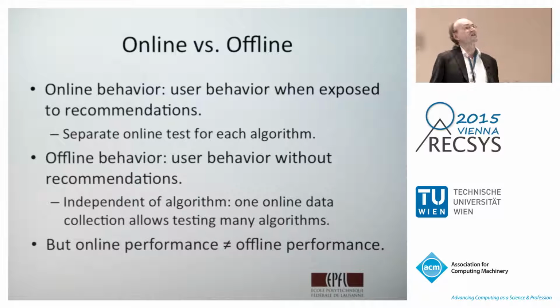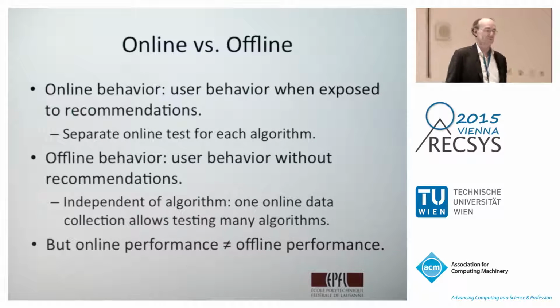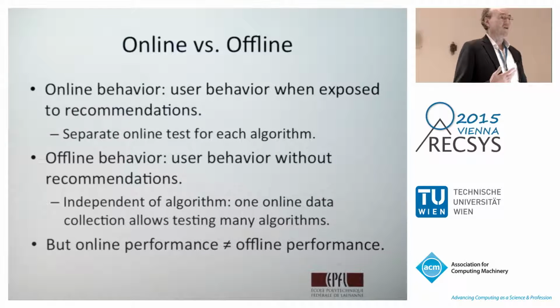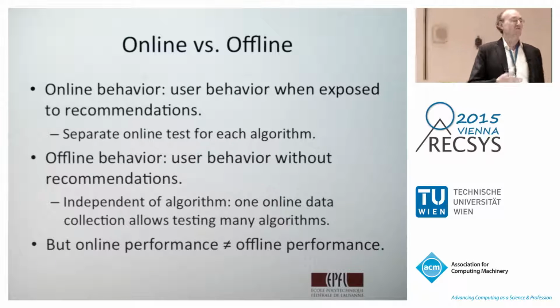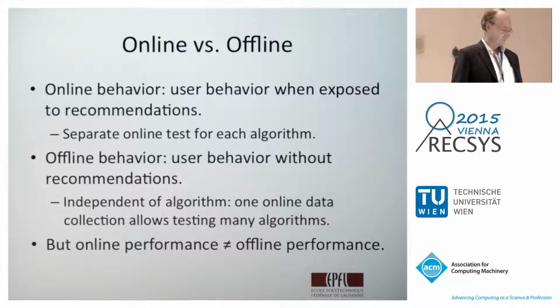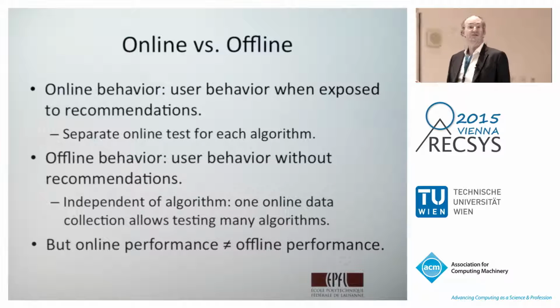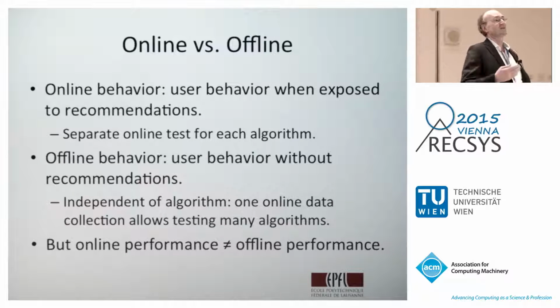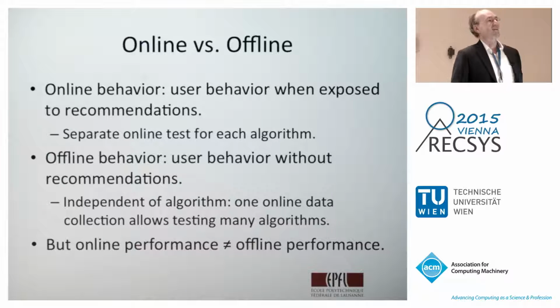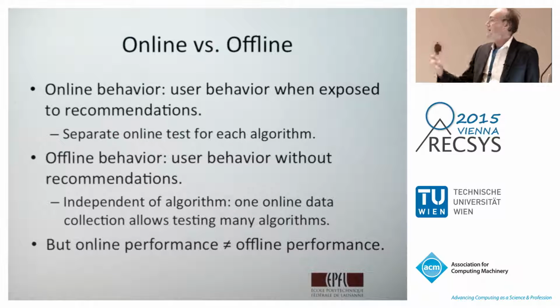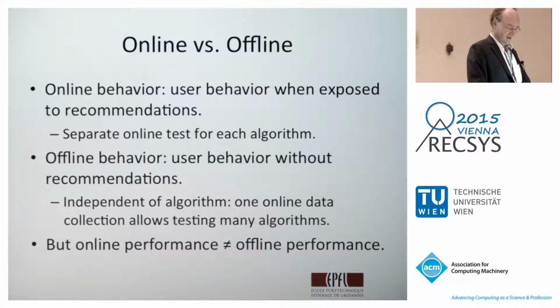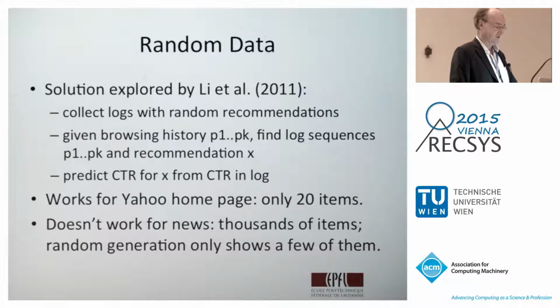So what we do generally in the research and maybe also industrial community is to work with offline behavior. So we look at behavior data from users when recommendations were not present, and we'll see if our recommender system can somehow reproduce these things. Now, quite obviously, this is very different because we are testing whether we can recommend things that users have seen anyway, right? And so in a sense, we can expect to maybe not generate the best recommendations, but it's sort of the best thing we can do, knowing though that online performance is not the same as this offline performance that we're optimizing for.